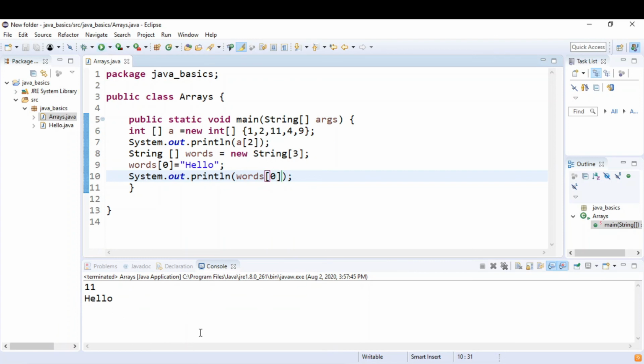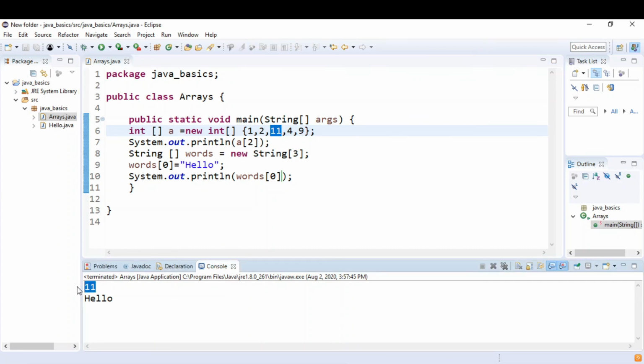See how the interpreter works. We have seen in the previous video. It will first come here and it will read that an array a has been created of type int which has size 5, and the indexes are initialized by these values. Then it will come to this line and it will see print a of 2, that is the third element, and 11 would be printed. So it prints 11 on the screen.